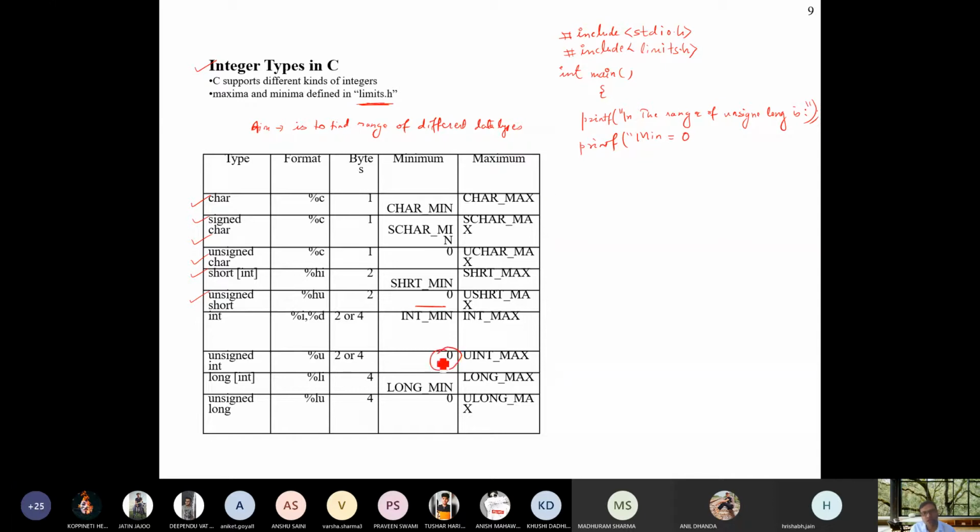So there is no need to write any variable, and comma, max equals %d, then comma, and you need to write what is the maximum, ULONG_MAX.